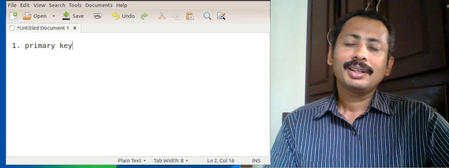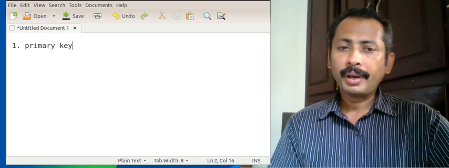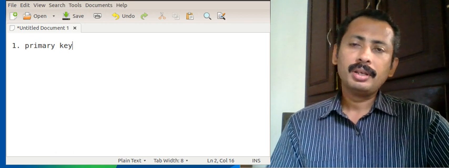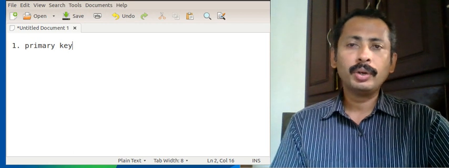Hello students. In this class we will see how to create a primary key for a table. A primary key is used for identifying the records of a table uniquely.